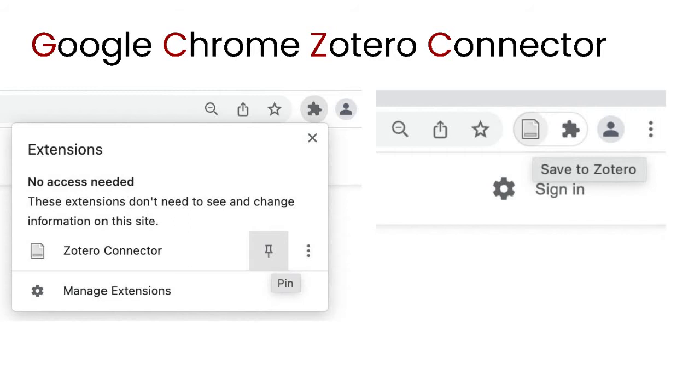That's the icon that's going to change as you move around and look at different resources. Zotero will change and present to you the appropriate icon for saving to your library. So we'll get into that in a second. So yes, you'd want to pin the connector, which is important. And that's true of any